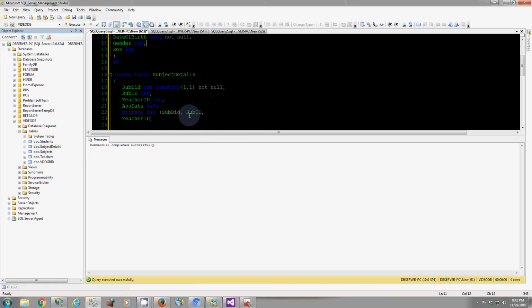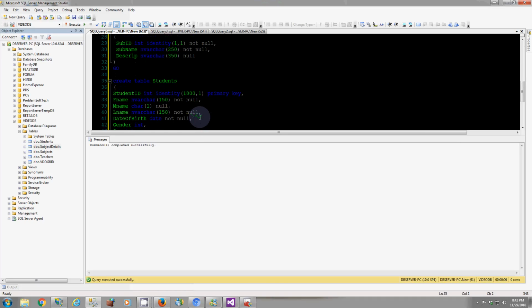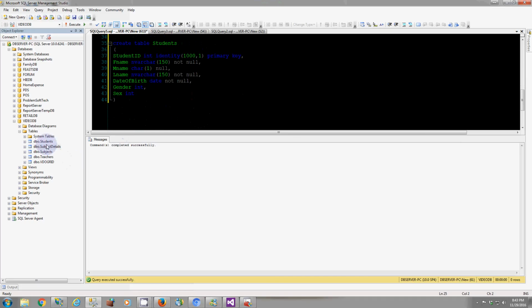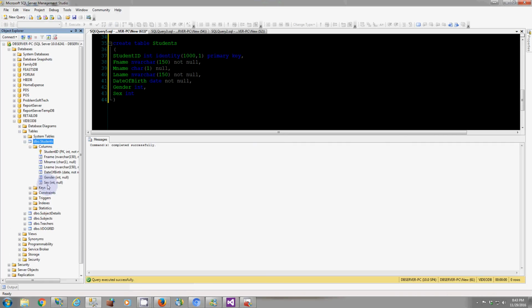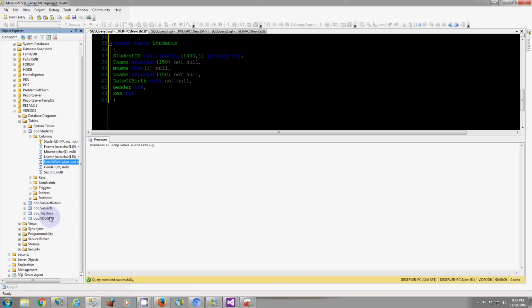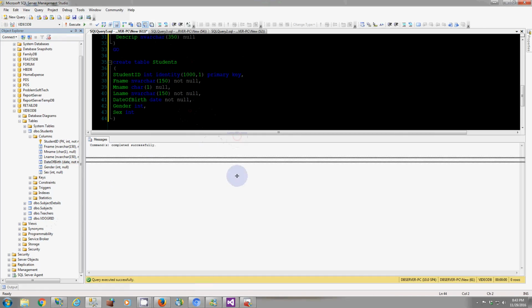All right. So now let's go ahead and create the student. It's similar. Yeah, the student already created. Okay. Yeah, plus the student. So now we have the student and we have subject and subject detail and teacher. So that's four tables. All right. So now we want